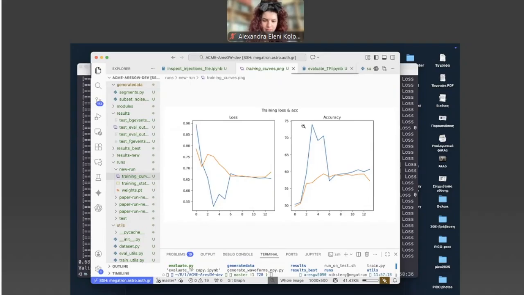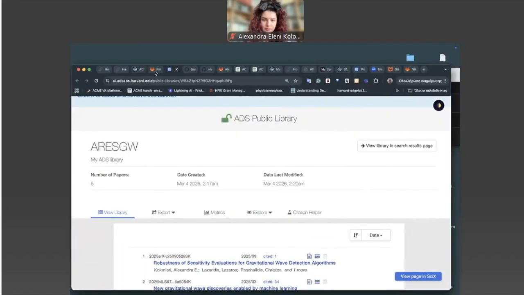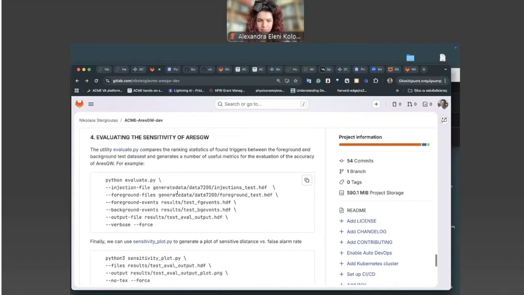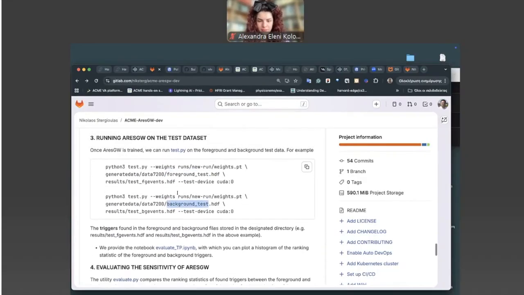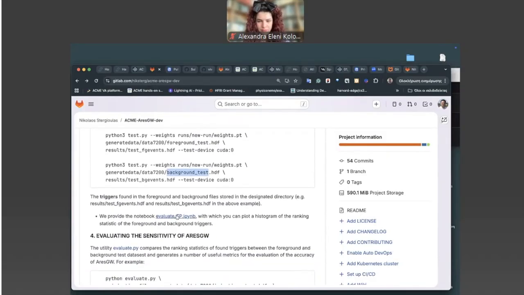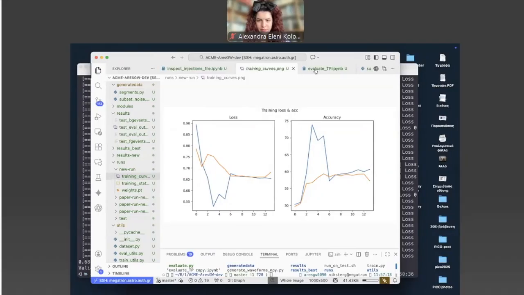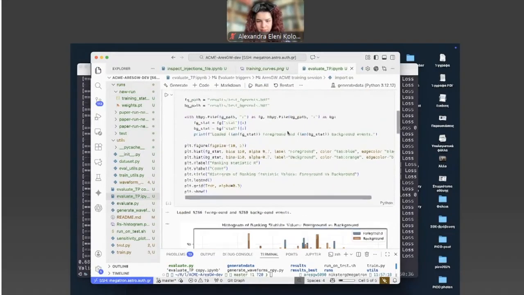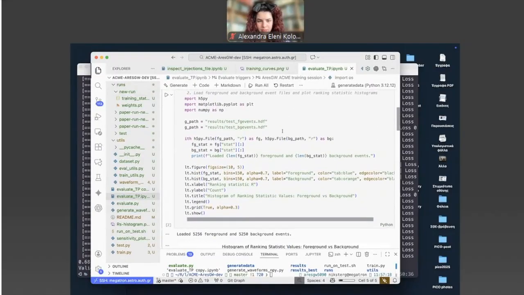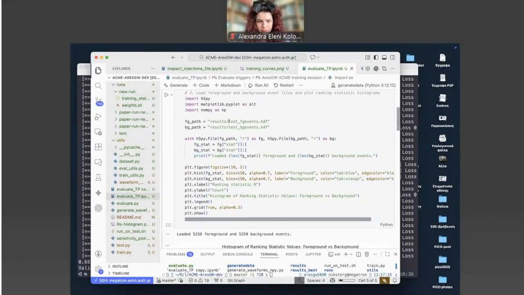Okay, and also what you can do is after training, look at the outcome, load the triggers. So load the results in the file results test foreground events.